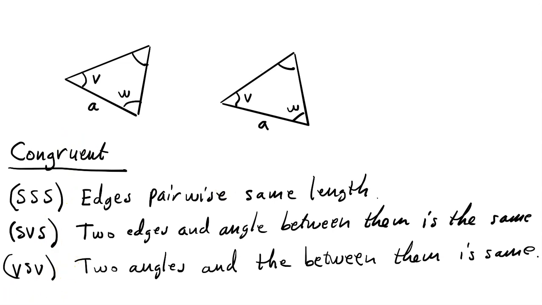Then there is also a fourth condition, but we will not use it here in this course, so we'll skip that. There is a fourth one one can use, but it's a little bit more complicated. We will skip motivating these 3. We will just accept that these 3 will give us the right conditions for congruency.